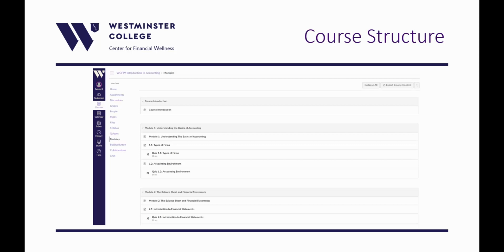And this gives you a sense of how the course is laid out. So you can see the course introduction represented here. And if you look at the course introduction, you'll then find that the modules for this video and for the introduction to the various instructors are held within the course introduction module in Canvas.